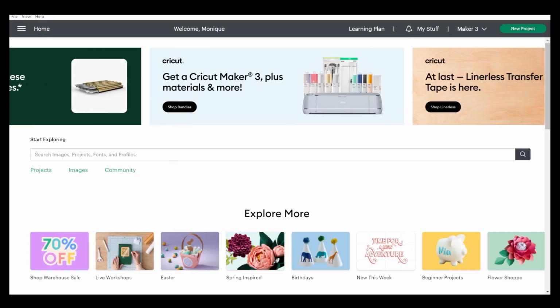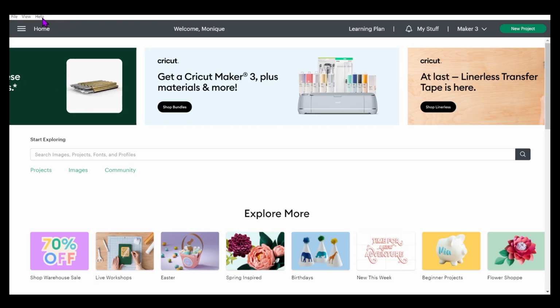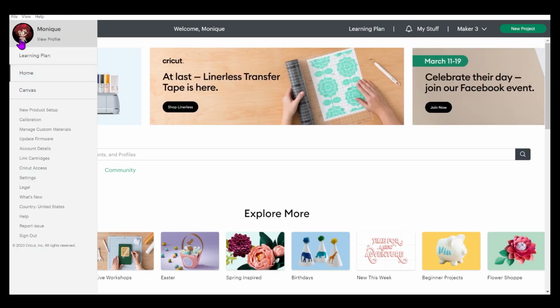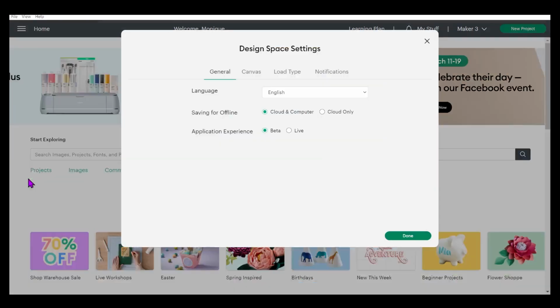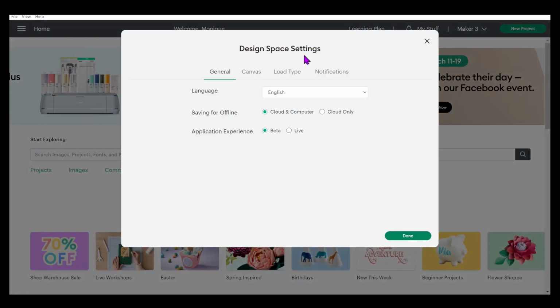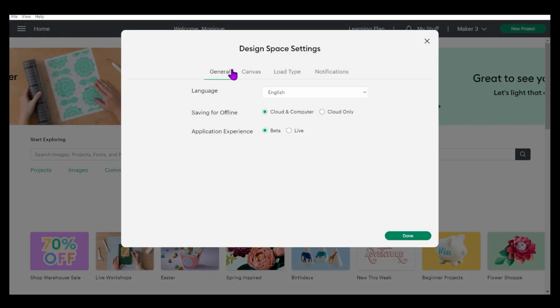If you want to try out this feature, we will have to actually switch over to the beta version, just like we did before with the larger print to cut. So you're going to head over to the menu on the upper left hand side. We are going to go down to our settings and make sure we open our Cricut Design Space settings. Make sure you're on the General tab, and then go ahead and choose our beta application experience,